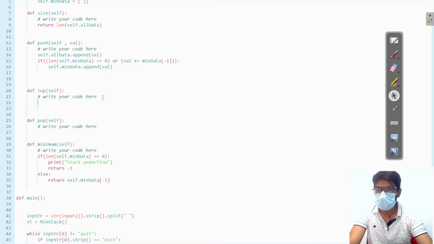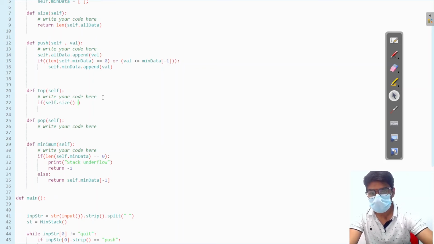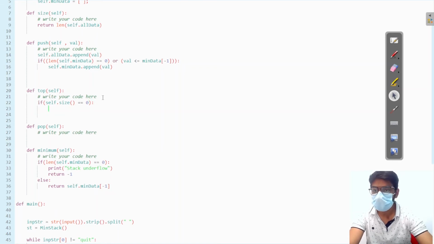Now I'm going to do the top operation. First I'm going to handle the edge case. If the size is equal to 0, that means there are no elements, so there will be no topmost value. Return -1.